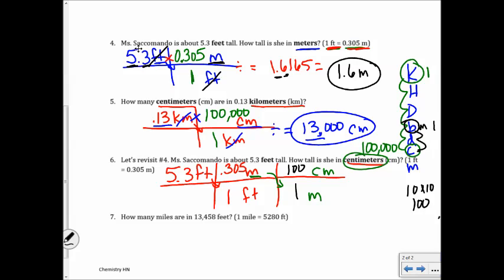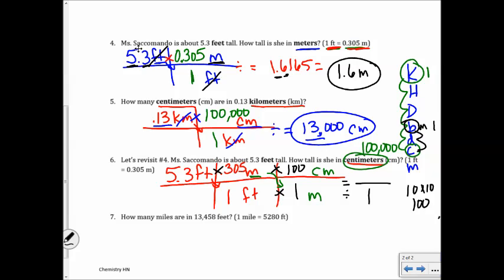Now, the track is bigger. So what do I do with a bigger track? I'm going to multiply everything on the top. I'm going to multiply everything on the bottom. Basically, the bottom's a 1 here. And then I would divide at the very end. So when you have multi-step ones, you have to multiply the top, multiply the bottom, and then divide at the end. Okay, so we have 5.3